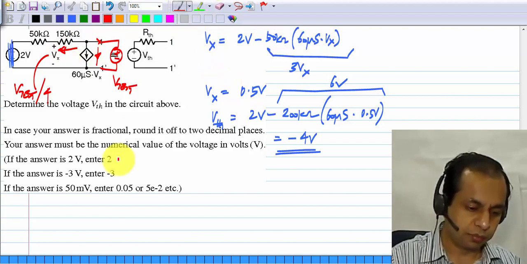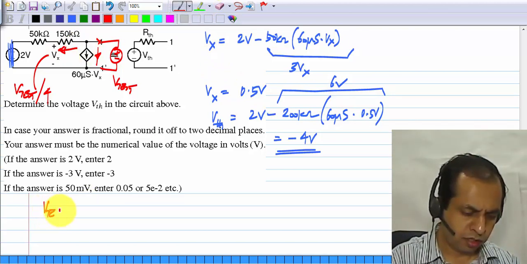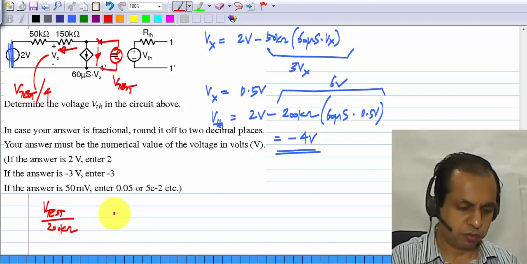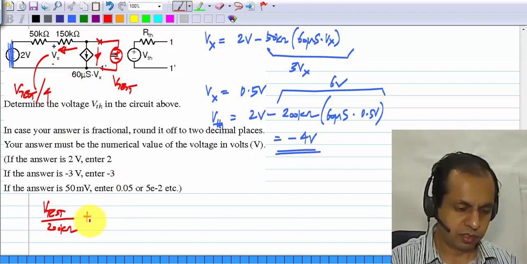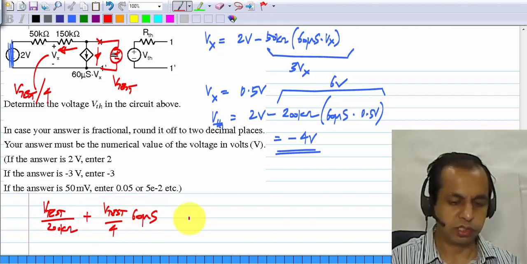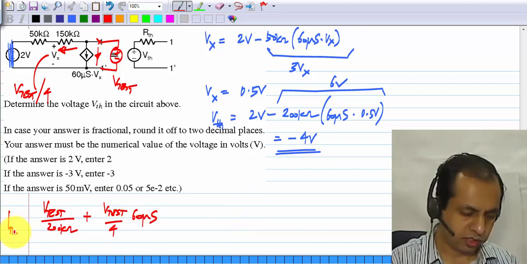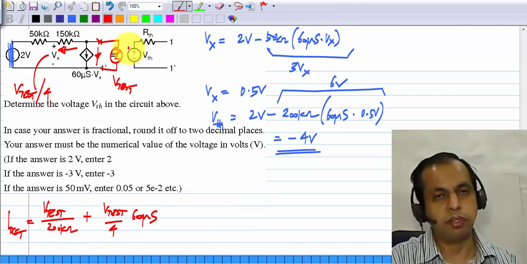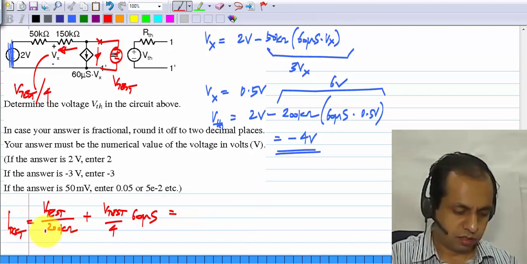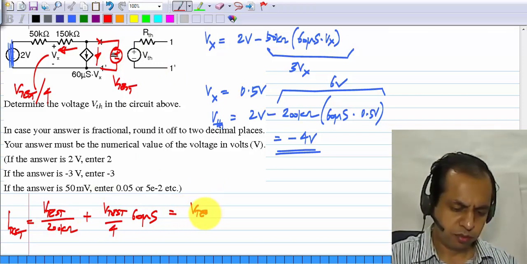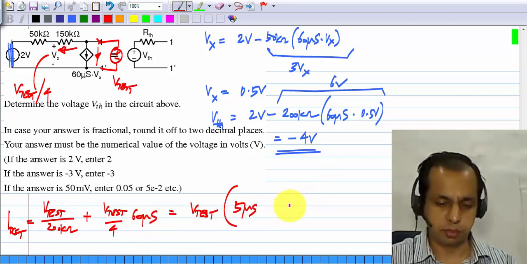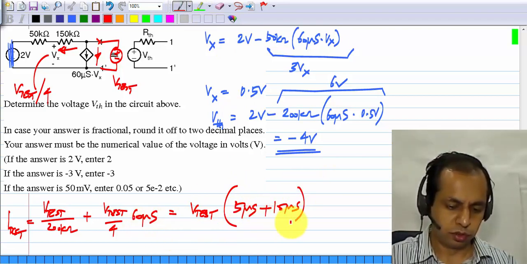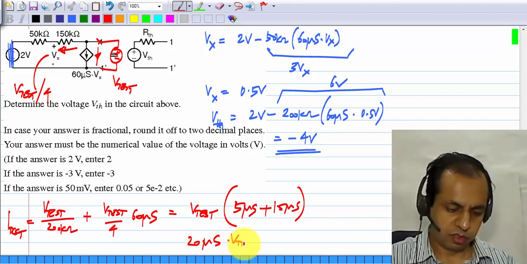So the current here is nothing but V test divided by 200 kilo ohms, and the current here is Vx times 60 microsiemens. So Vx is V test by 4 times 60 microsiemens. This whole thing is the current that flows out of the driving source, and this is equal to V test times 1 by 200 kilo ohms is 5 microsiemens, 60 microsiemens by 4 is 15 microsiemens, so the total is 20 microsiemens times V test,